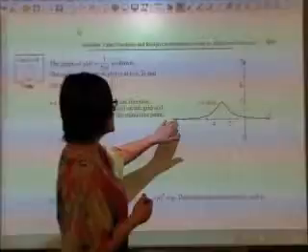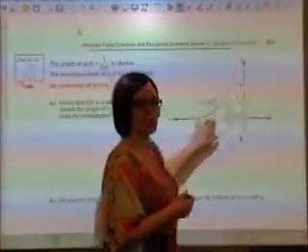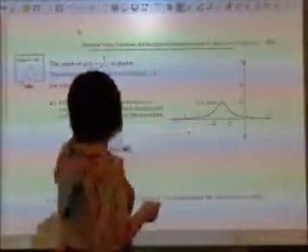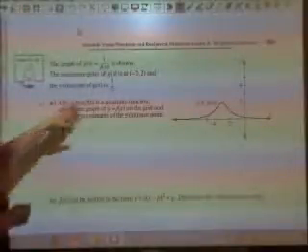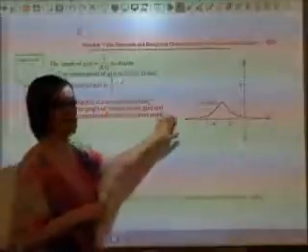So if we take a look at class example number 3, this one's a little bit different from the previous two, because it starts off by saying the graph of g of x, which is equal to 1 over f of x, is shown. What this means is this is the reciprocal function. Okay? The maximum point of g of x is at -3 and 2, and the y-intercept is at 1/5. Given that f of x is a quadratic, so what does a quadratic look like? It's that parabola. Sketch the graph of f of x on the grid and state the coordinates of the minimum